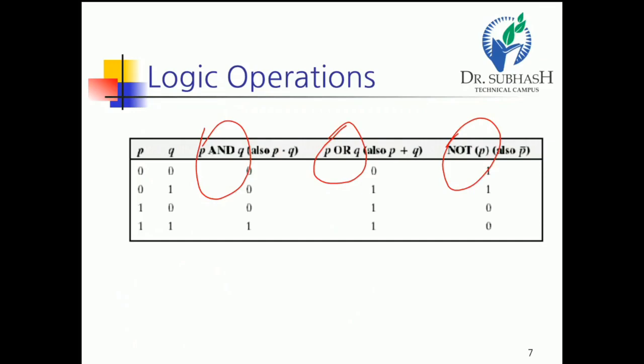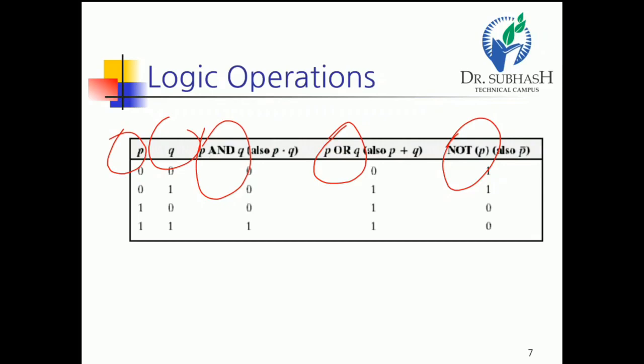So we have to take two variables p and q. We have to utilize the two variables, meaning we get the possible combinations of two input variables, that is 2 raised to 2. So we get 4 possibilities. Either we take p is 0 and q is also 0. Second case p is 0 and q is 1. Third case p is 1 and q is 0, and the last case both are 1, 1.